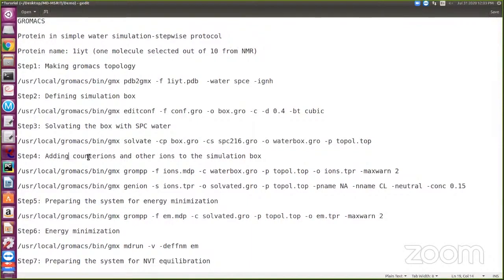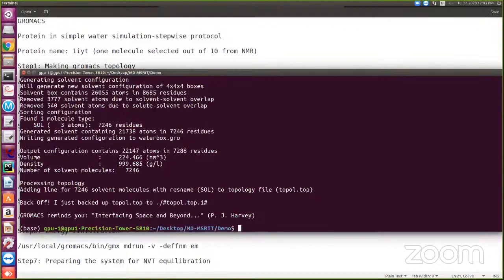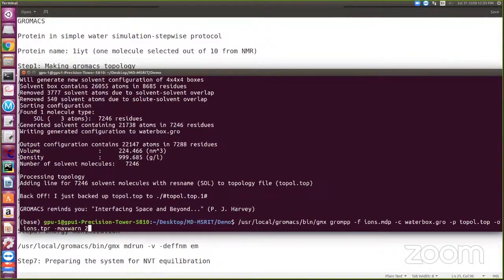The next important point is I'm going to add ions. I'm going to add NaCl. So step 4 is I'm going to copy this command. I have given -maxwarn 1, so we can use this. Let me explain. The first one is grompp, the command for adding ions inside GROMACS, and I'll give -f ions.mdp.